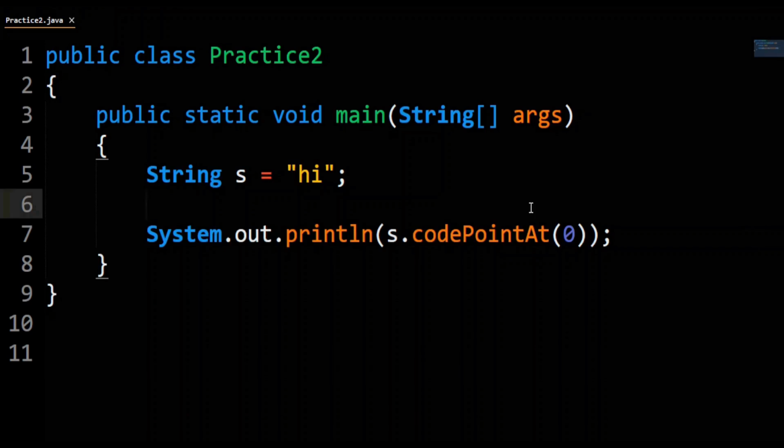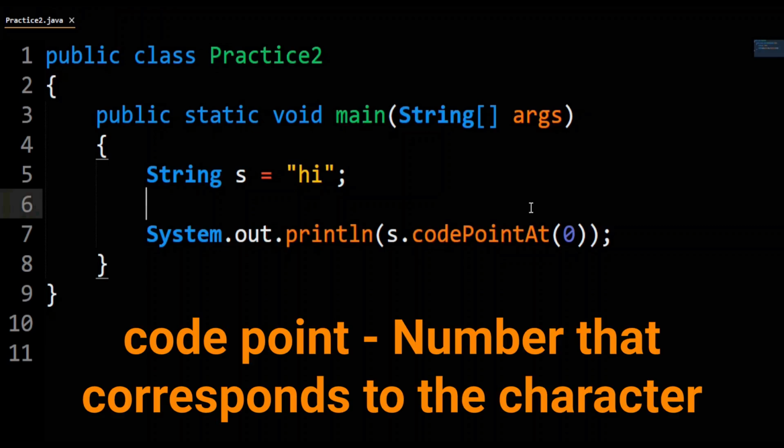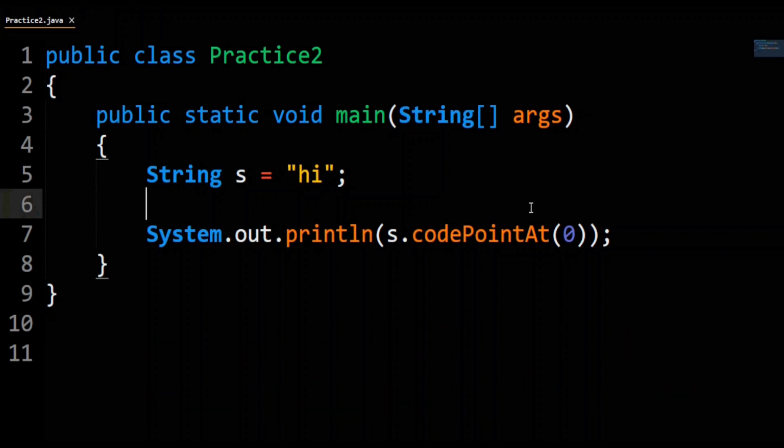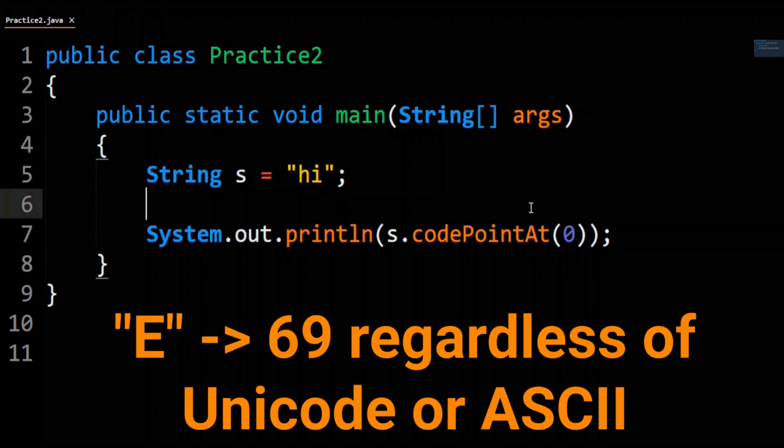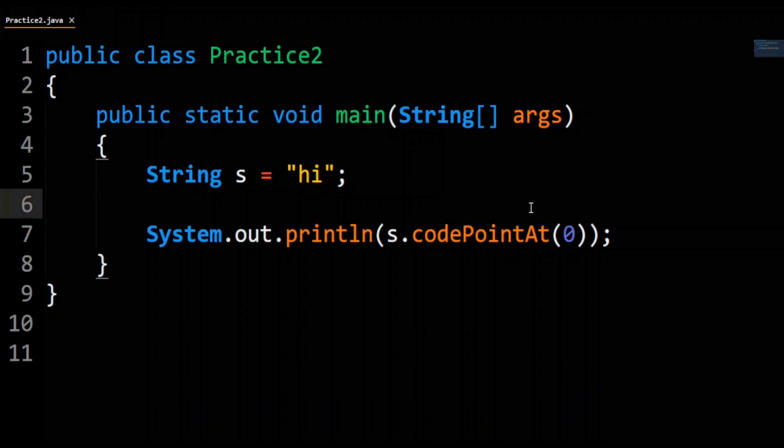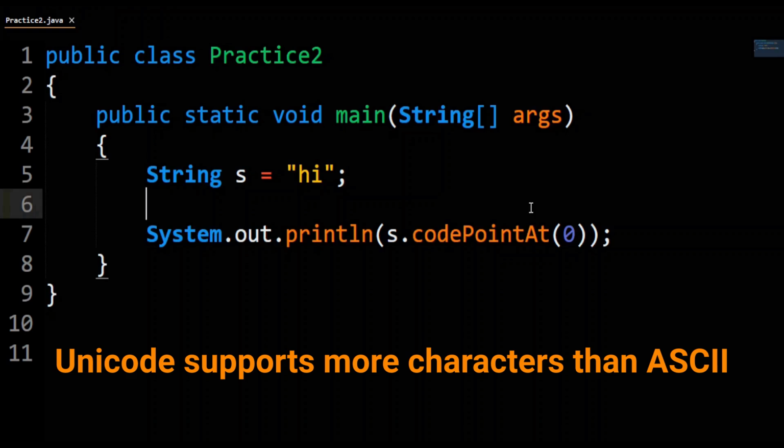A character's code point is simply a number that corresponds to the character. If you've been programming for any length of time, you're probably thinking, that sounds very similar to ASCII. What's the difference? To start off, characters represented with ASCII have the exact same value as Unicode code points. Capital E, for example, corresponds to 69, no matter what system you use. The difference is that Unicode simply supports more characters than the 128 regular characters of ASCII or the 256 characters